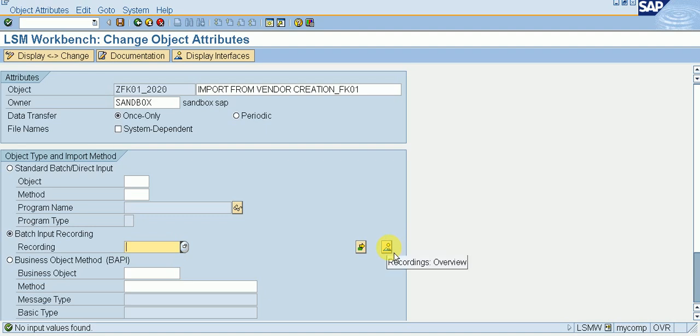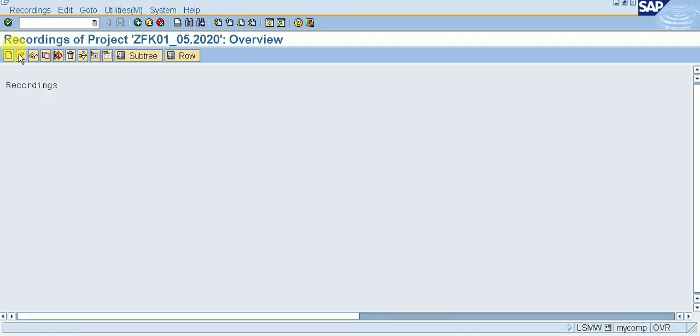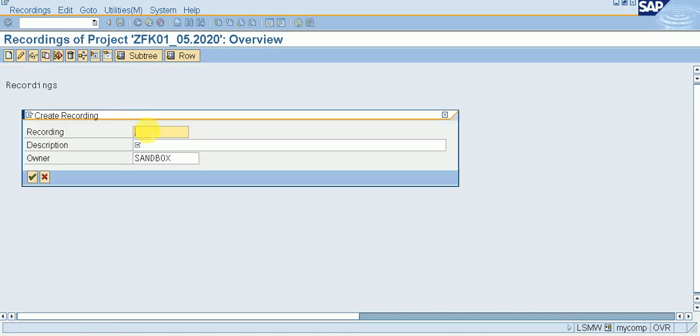Before this we have to go to recording, click on create recording, and for recording I need to give a recording name. So I am giving here ZFK01_2020.